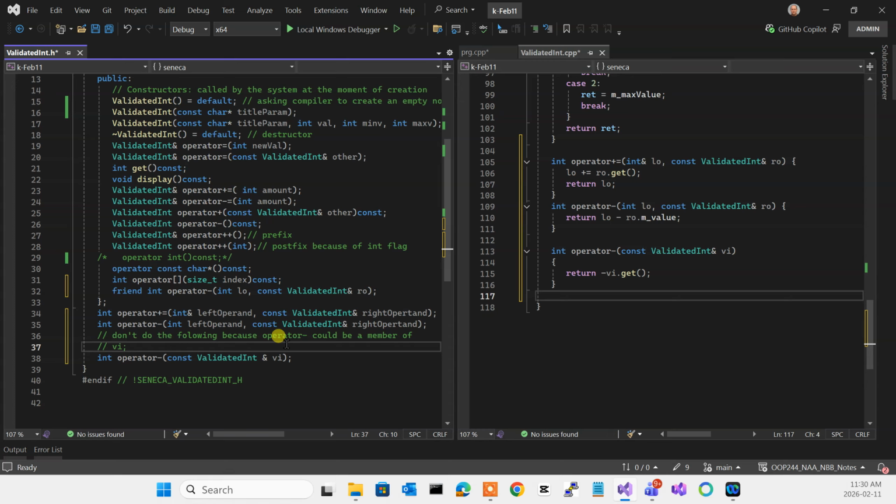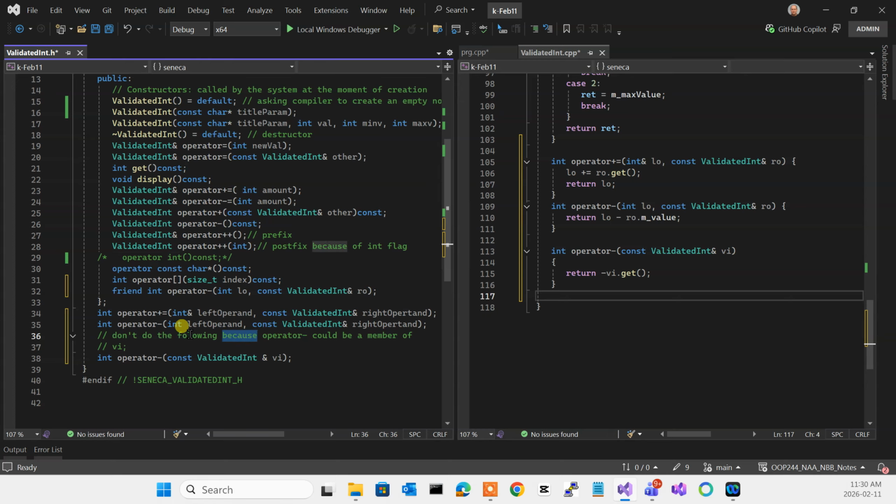But could I make it a member of VI? There is already one that returns validated int, correct? So I couldn't. So that was the only way. I could not make it a member. So don't do this